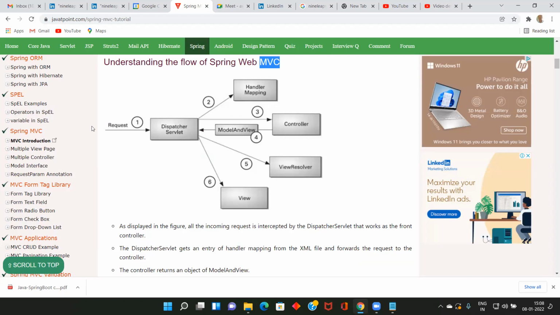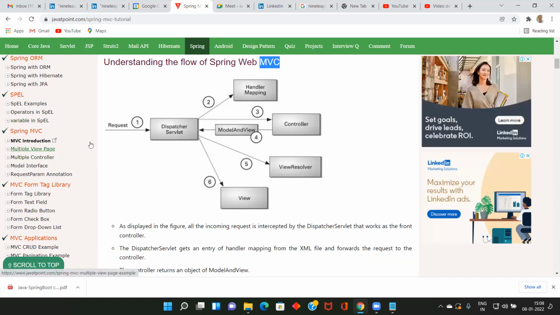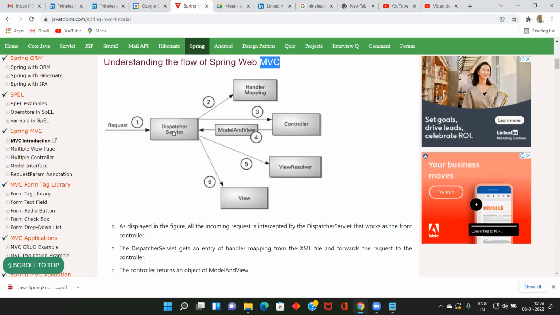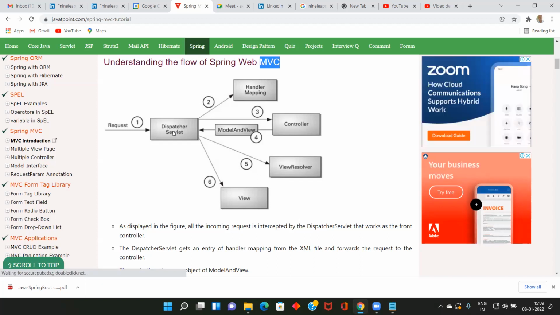If it is Spring MVC, from the browser, when you click, all the information will come to the Dispatcher Servlet. Dispatcher Servlet is a program, the same Java program. If the class extends HttpServlet or GenericServlet, then we call it a Dispatcher Servlet. No need to go much into that, just to have some high-level idea. When you read my web application related videos, you will get all those things. As of now, consider that when you click in the browser, all will come to the Dispatcher Servlet.